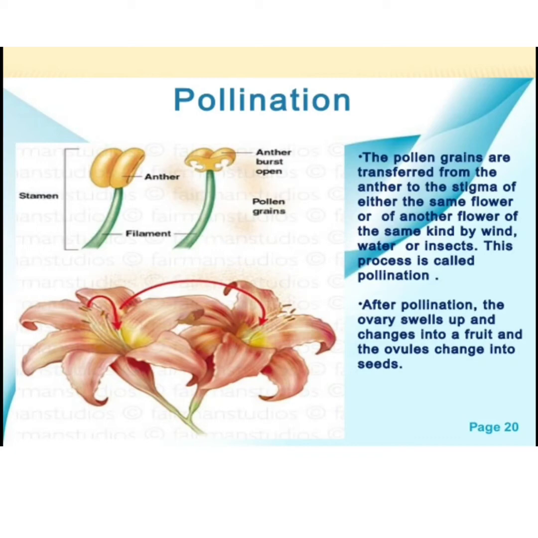So in that part we have seen that the male reproductive part in a flower is the stamen. So now today our topic is pollination. See students, in our stamen part, let's see the diagrammatic representation. This one is our stamen, and we know that the stamen has 2 parts. The base part is the filament, and the upper yellow part is the anther.